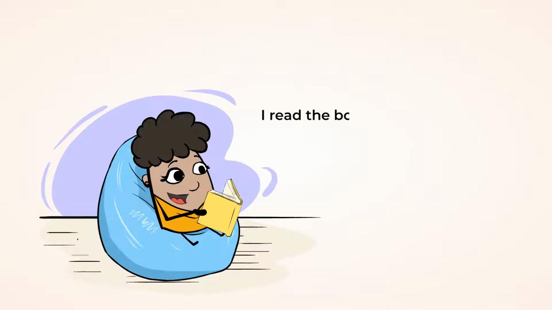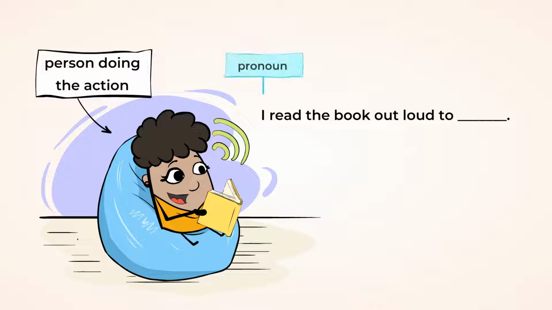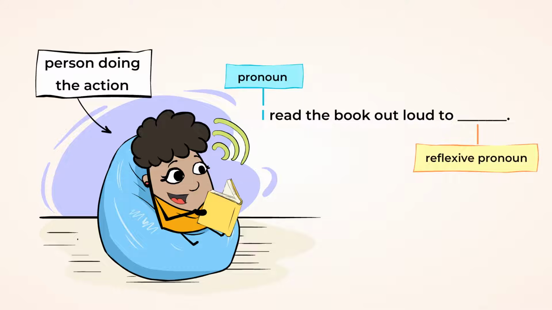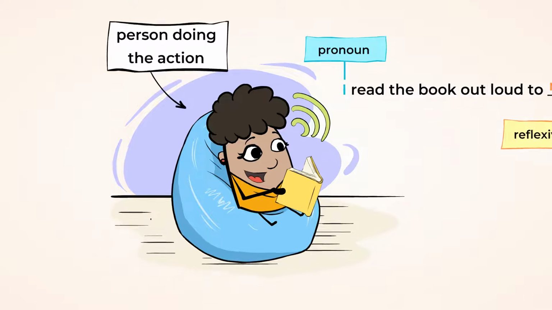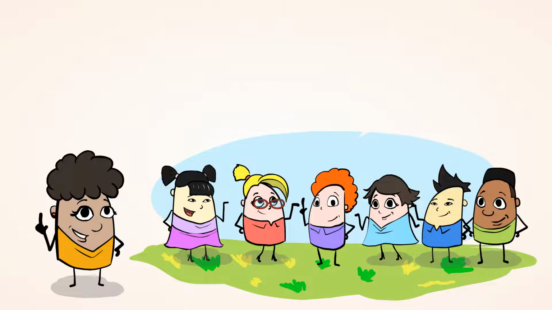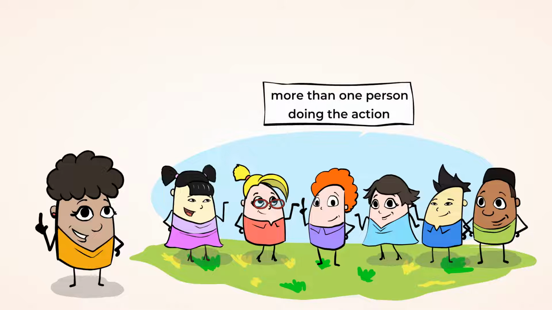Let's try another one. I read the book out loud to blank. Because the person doing the action is I, we need the reflexive pronoun myself. I read the book out loud to myself. Great choice. If there is more than one person or thing doing an action, we should use a reflexive pronoun